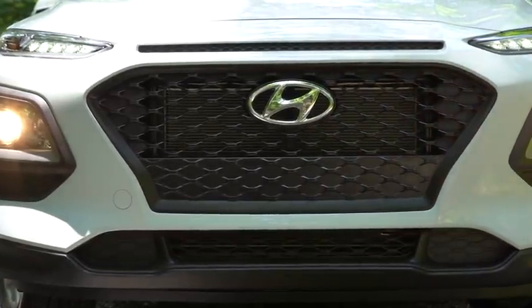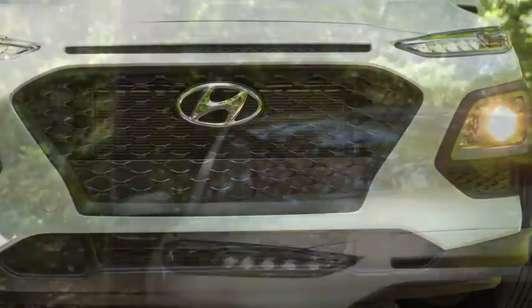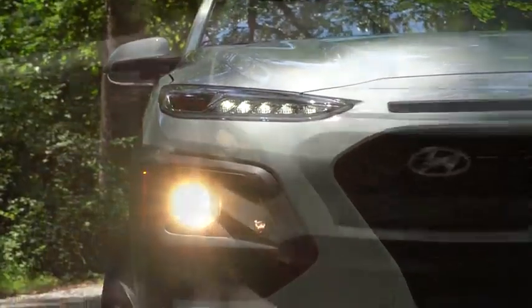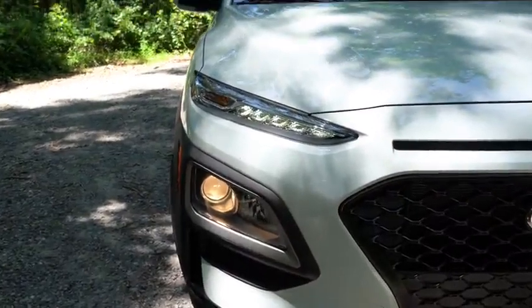Fog lights actually come with the SEL Plus trim level and up. That is how you're going to go ahead and get them. LED headlights come with the Night Edition trim level and up. And for anybody who is curious, let me show you here. Headlight configuration is a little bit different on the Hyundai Kona, and they really pioneered this, and I think it